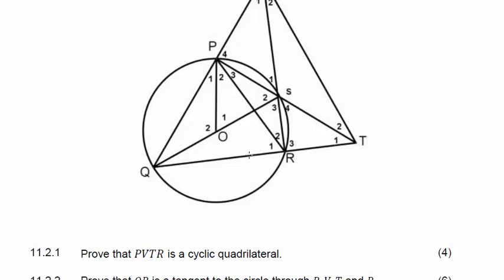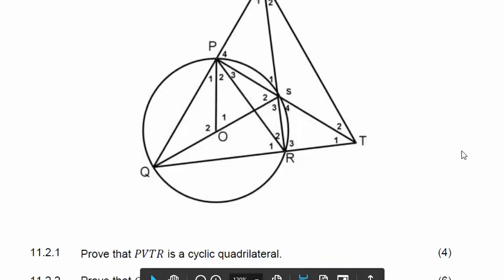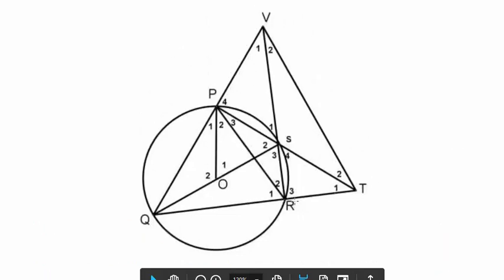But often, and this is usually classified as problem-solving questions, the most thought-intensive, is to apply the opposite. Instead of giving you a cyclic quadrilateral, they ask you to prove that something is. Either you have to prove that the opposite interior angles add up to 180, or you have to prove the exterior angle is equal to the opposite interior, or remember the butterfly thing? If you can prove that in that butterfly, and that's what they're asking here, PVTR is a cyclic quadrilateral.